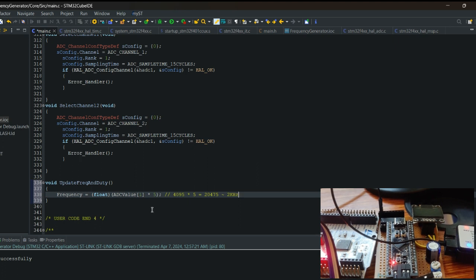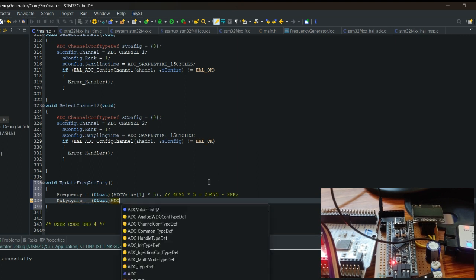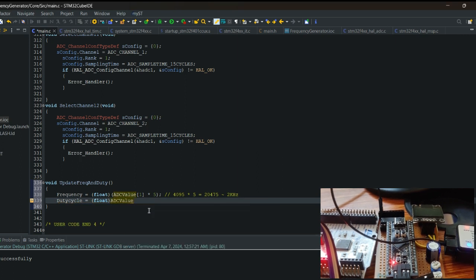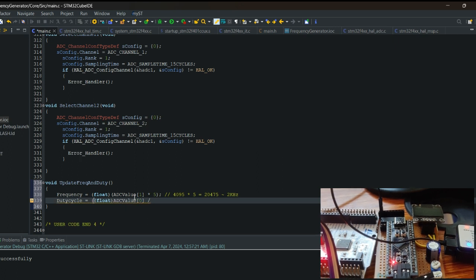Now let's do the conversion for the duty cycle. For the duty cycle, we have to go up to a maximum of 100%. That also has to be converted into float. So let's first convert the ADC value that we receive into float. Here we will be using the first ADC value at index 0. That ADC value is converted to float. Then we divide the converted ADC value